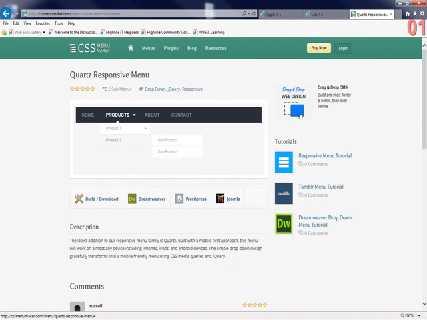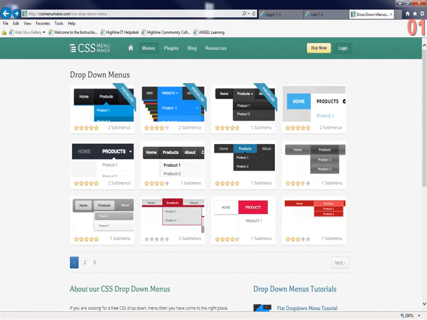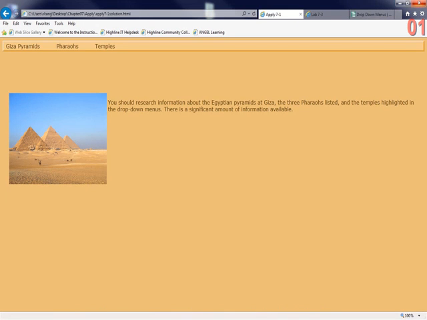So here we have drop-down menus that you may want to utilize, and you can download some of them. Some of them may cost you, others not so. So there's lots of resources out there. Now if we look at the code that we currently are working on in this particular example,